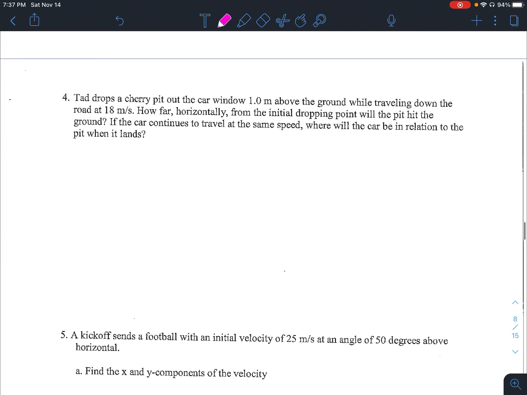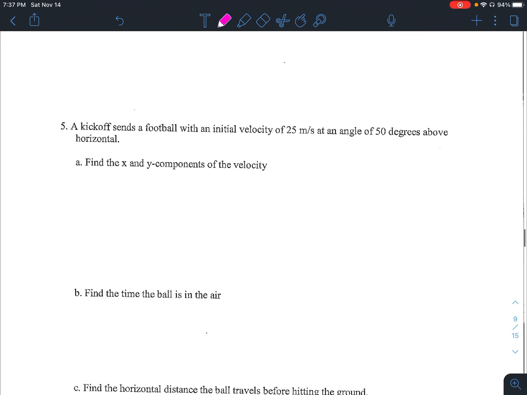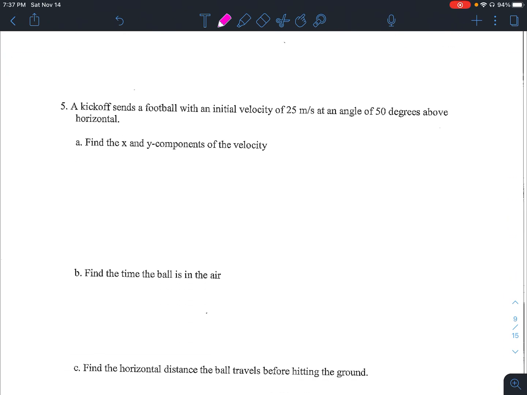Let's see. 4, same thing again. I think by now we get the idea of the setup of everything. So I'm going to leave you to your own for 4, since it is still a horizontal scenario. And I'm going to move to number 5. So now we're looking at non-horizontal motion because it's moving at 50 degrees above the horizontal. So this is where the football is going to be kicked at 50 degrees. So this is our